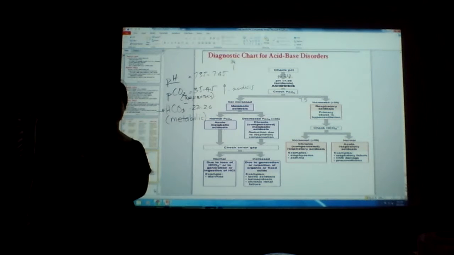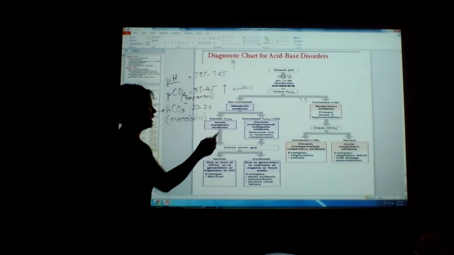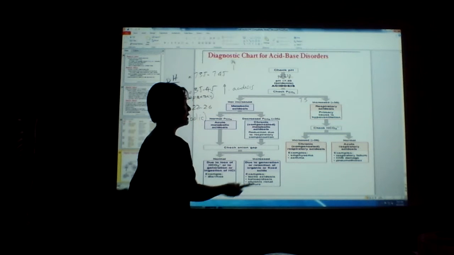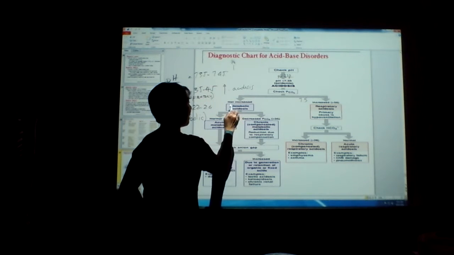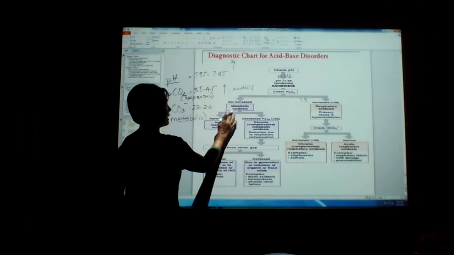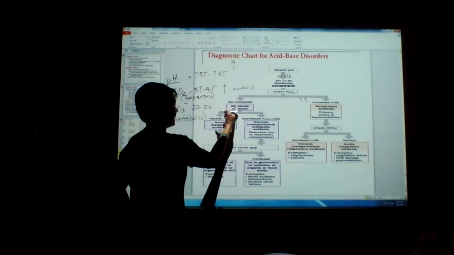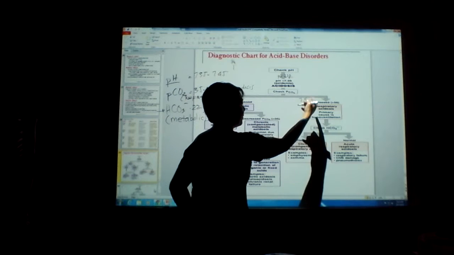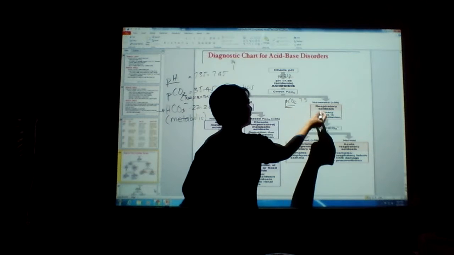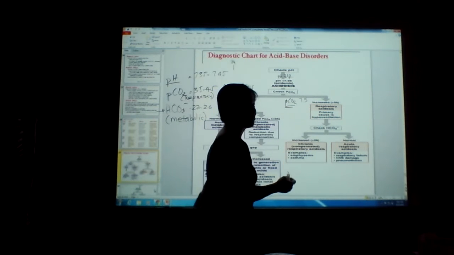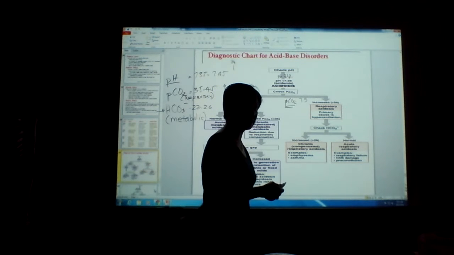I'm sure you remember that, right? The more carbon dioxide you have in the body, the more tendency that you go into acidosis. So here in this example, the pH of the patient is 7.32, acidosis. If the PCO2 is increased, then I know automatically the patient is in respiratory acidosis. Okay? So maybe the patient is not breathing.